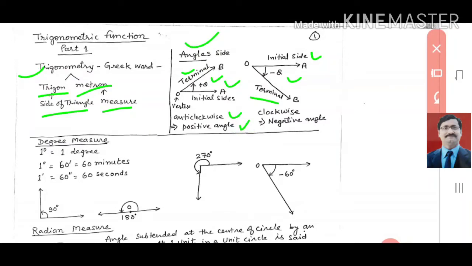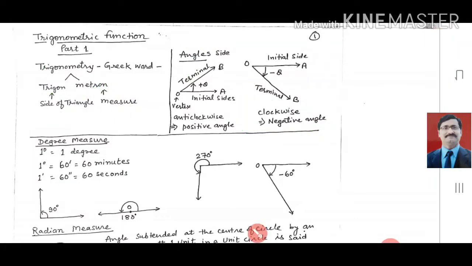And in the second diagram you can check this theta is negative, and the direction is clockwise, so this angle is a negative angle. So the direction of the angle is very important here. Anti-clockwise direction means positive angle, and clockwise direction means negative angle. Now look here,